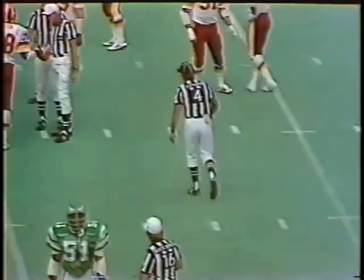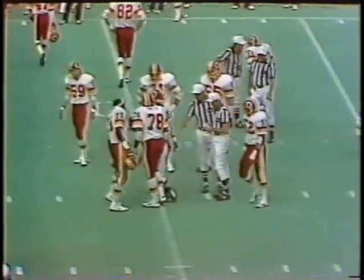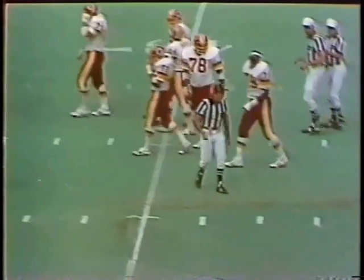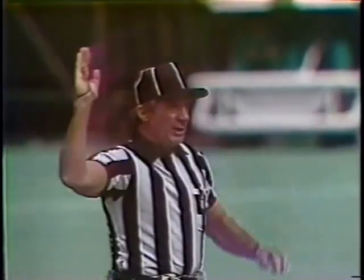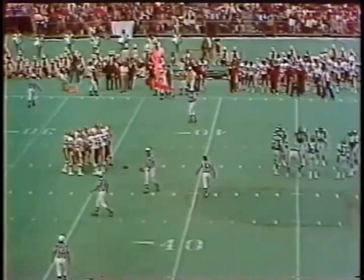Now, do we have another flag? We sure do. It's against Washington, however. Now that will really hurt. These penalties, these things, the special teams, they take great pride in their special teams. They're called the Wild Bunch. But in this situation here, that really hurt him. I think had the penalty not occurred the first time, as we look, well, we can't hear him anyway, so I'll keep talking. But had the penalty not occurred the first time, the Eagles probably would have been content to